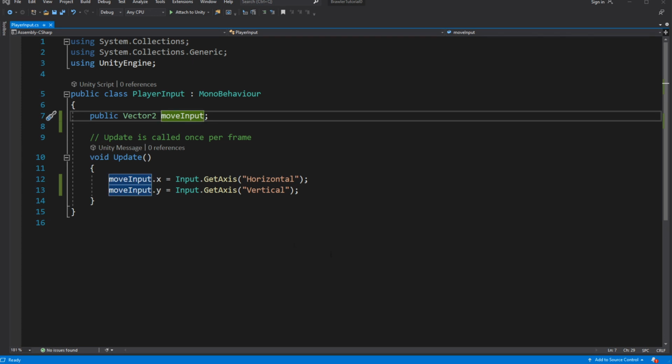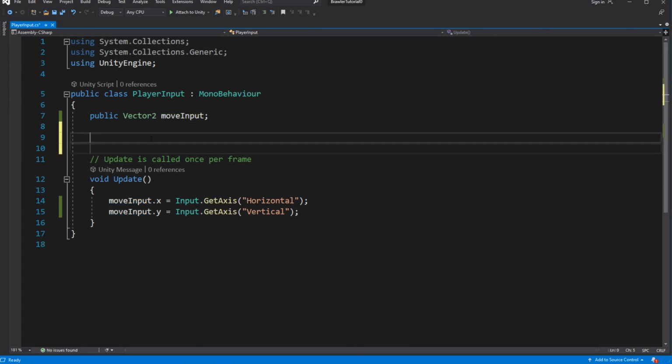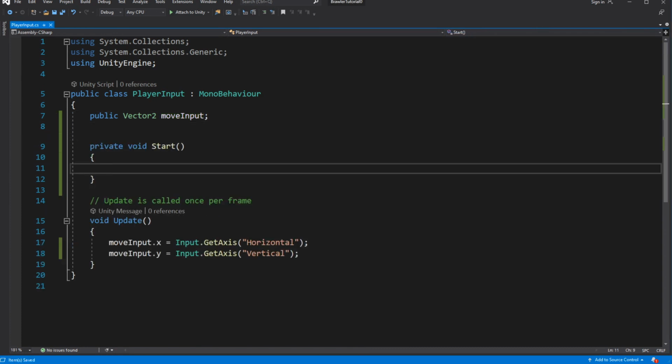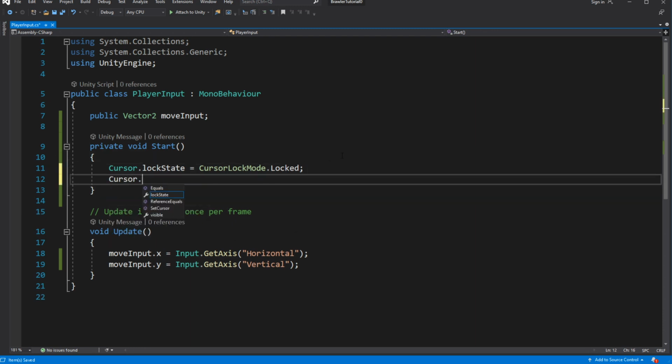One of the issues I have is that it is very uncomfortable to control the game when you have a mouse on the screen, going all over the place, when you're in the play mode. We want to hide the mouse, because in our game we don't need the mouse cursor on the screen. To do that, on the Start, we want to lock the cursor inside the window of the game by calling Cursor.lockState and assign the locked state. Then we want to hide it.